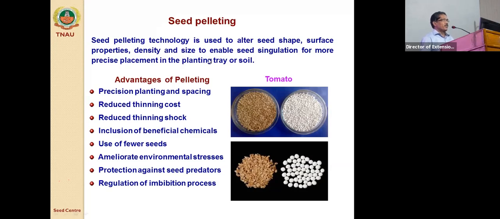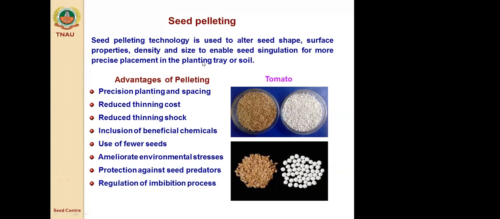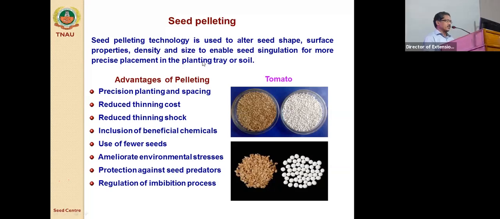All advantageous or wanted materials, materials which can protect the seeds, improve the seeds, or give a booster to germinate the seeds, all these things you can incorporate. Even chemicals, micronutrients and macronutrients we can incorporate. Everything we can incorporate into the seed. Similarly, we can make the size desirable for our purpose. Otherwise it is called a seed singulation method.